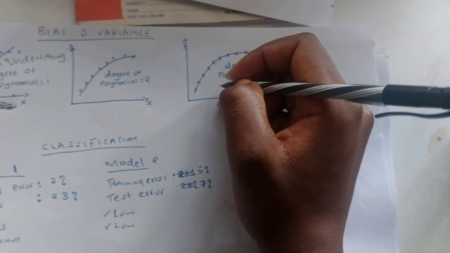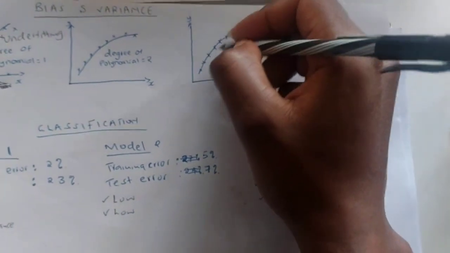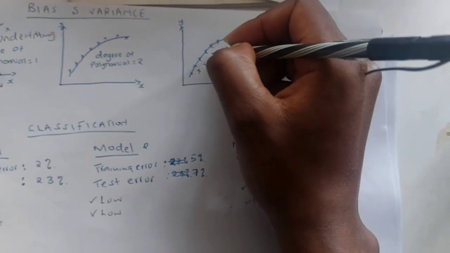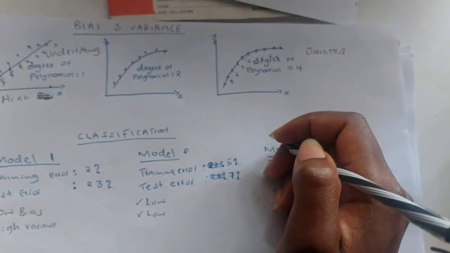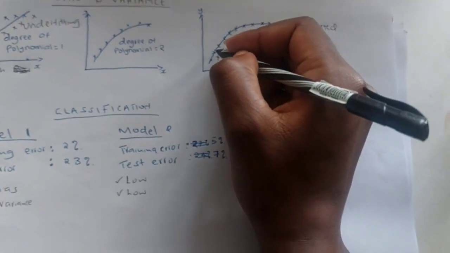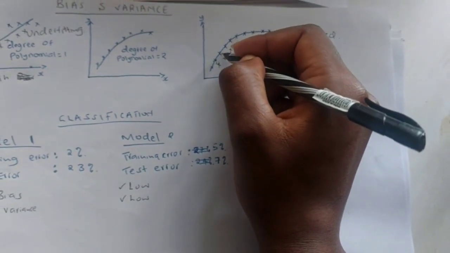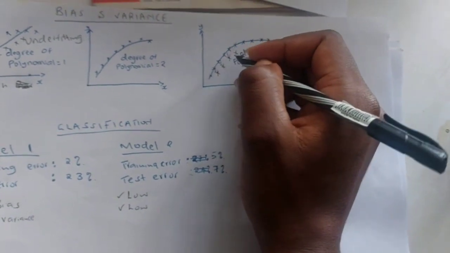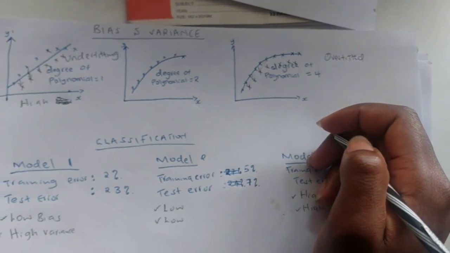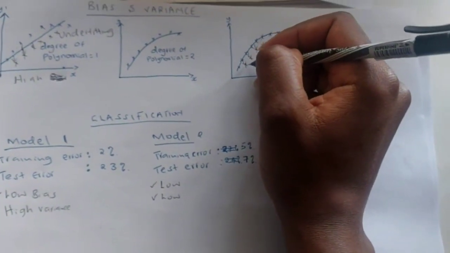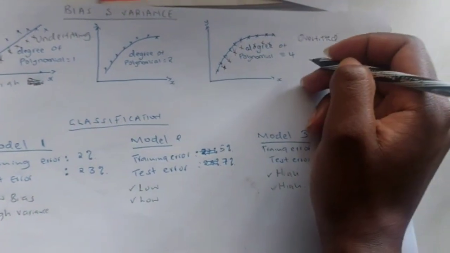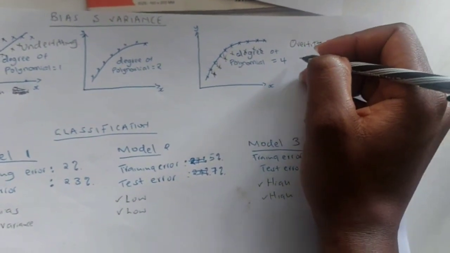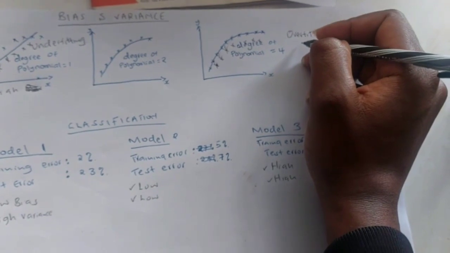So in case we have our new datasets, let's say the test datasets here, you can see that there's a difference. There's a high error between the actual and the predicted. The predicted is this line. So we'll say that this condition with a degree of polynomial equal to 4